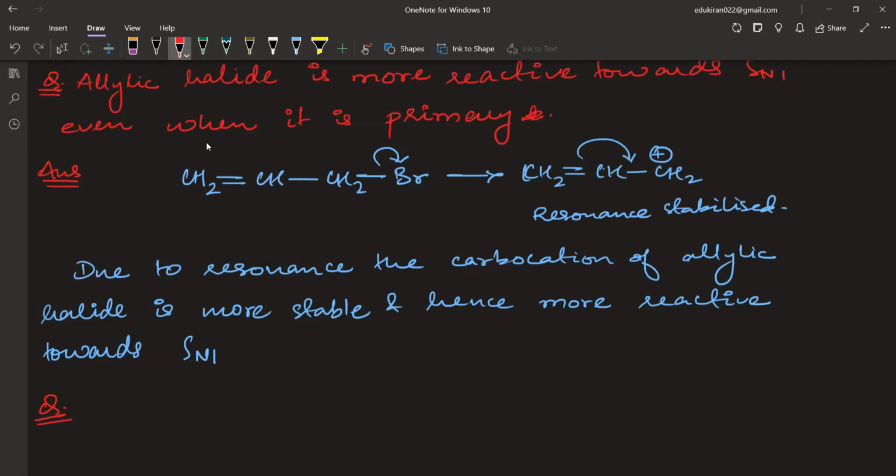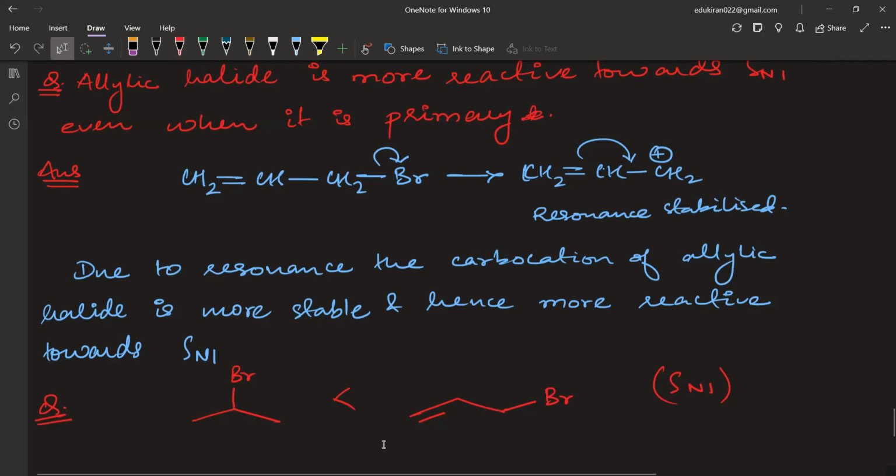where you have to compare the reactivity of, let us say, you have 3 carbons like this, and you have here bromine. Here also you have 3 carbons and there is a bromine here. In this case, if you are comparing SN1, so you will say that यहाँ पे 2 degree, यहाँ पे 1 degree, right? But here you have to also see that it is allylic. That is why the SN1 of second carbon will be faster due to the stabilization from resonance. Okay, please write this down. Let me know when you're done.